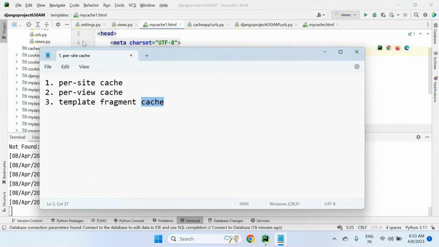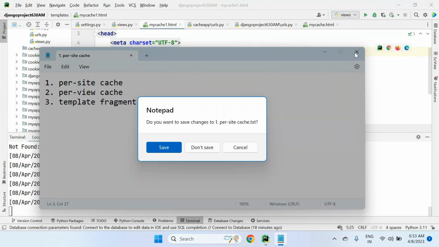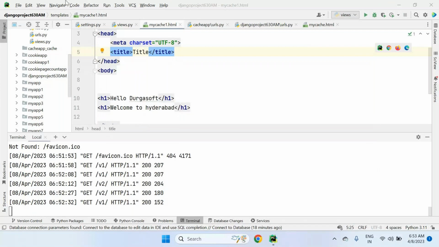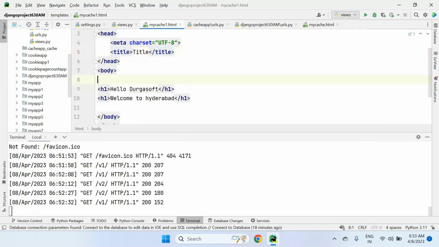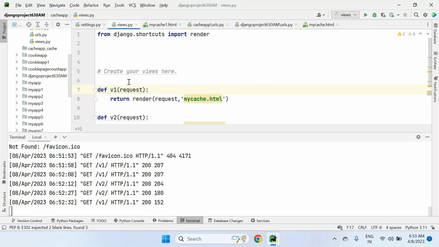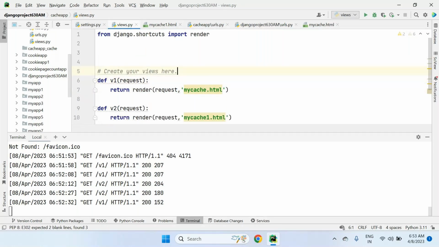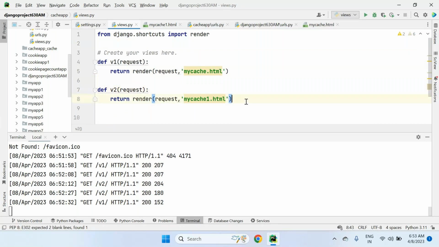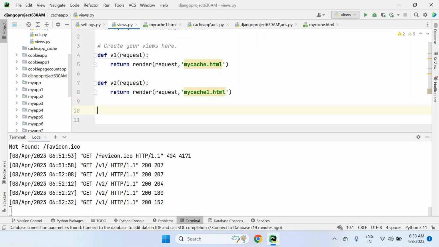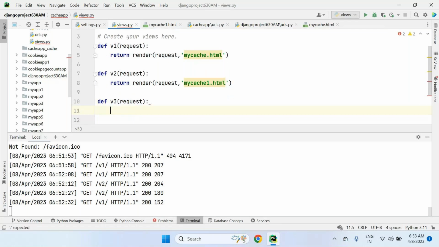Now this time I'm using template fragment cache. How to work with template fragment cache, we'll see. For working with the template fragment cache, I'm creating one more view. So in that view some template I'll create, and from that template I can mention. So this is def v3 of request. After that, return